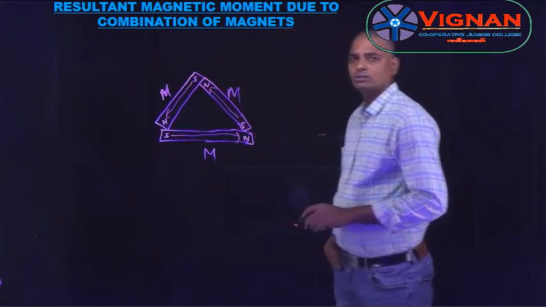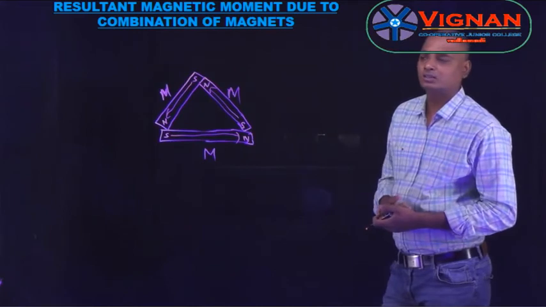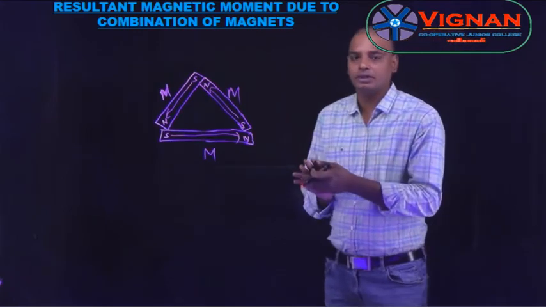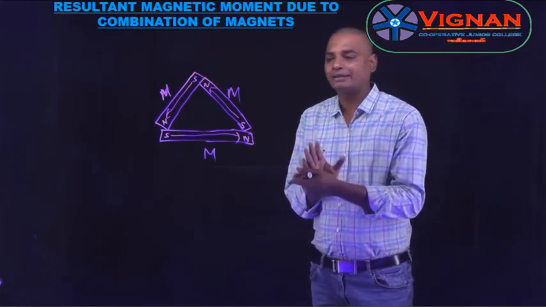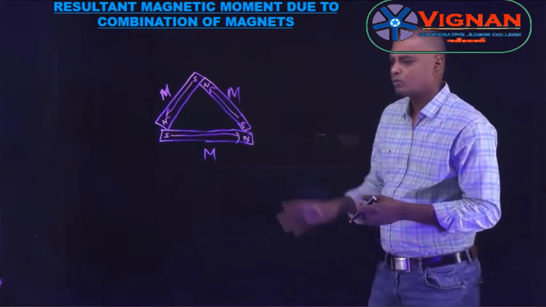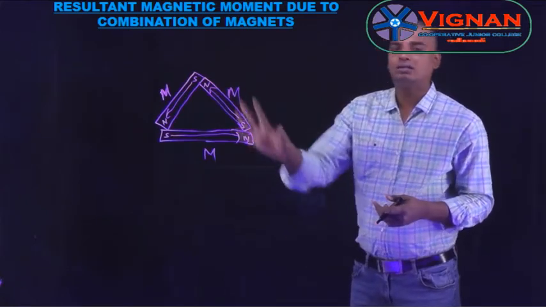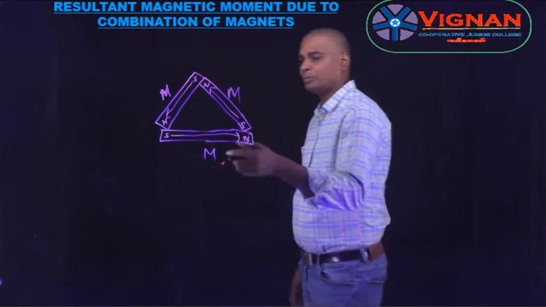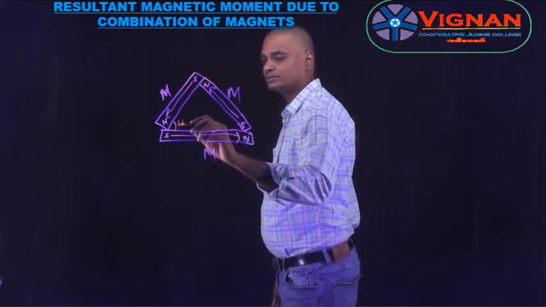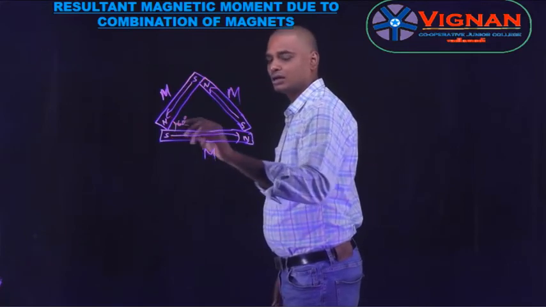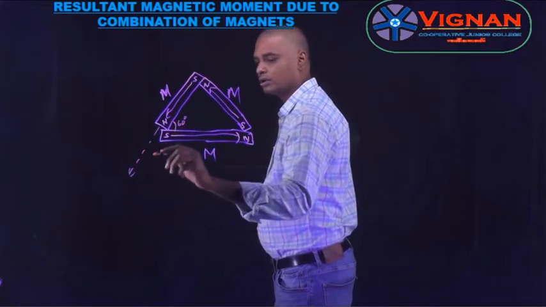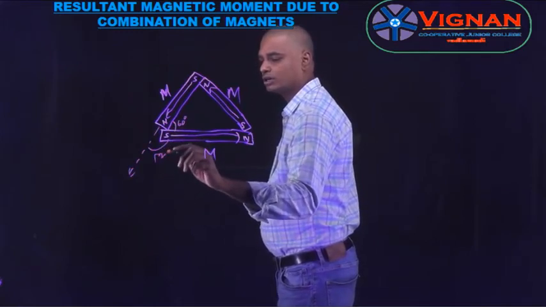We solve such similar problems by using vectors only. So consider it as vectors only. Forget about the magnet. Consider it as three vectors placed in an equilateral triangle. So when placed in an equilateral triangle, the interior angle is 60 degrees. As unlike poles are touching each other, the directions will be in this manner, and here the angle between the vectors is 120 degrees.